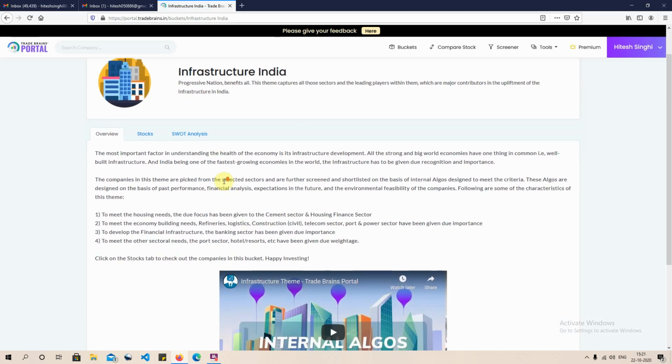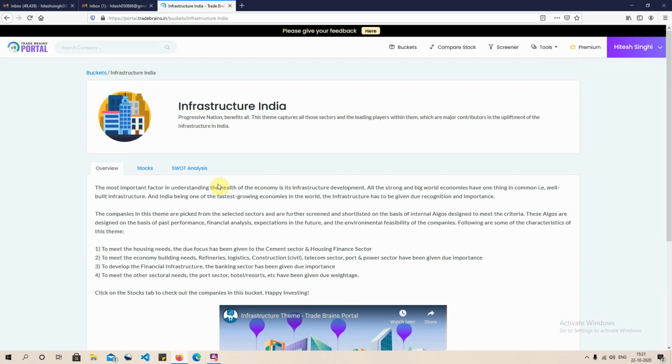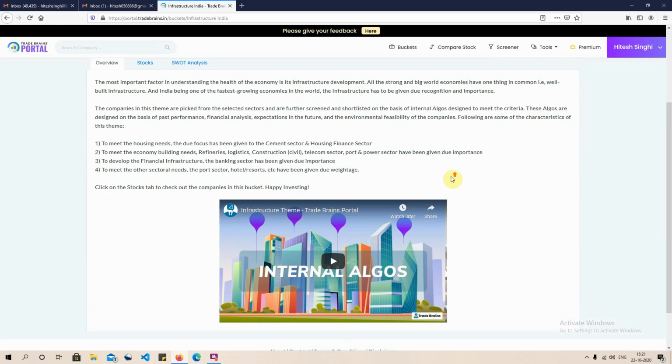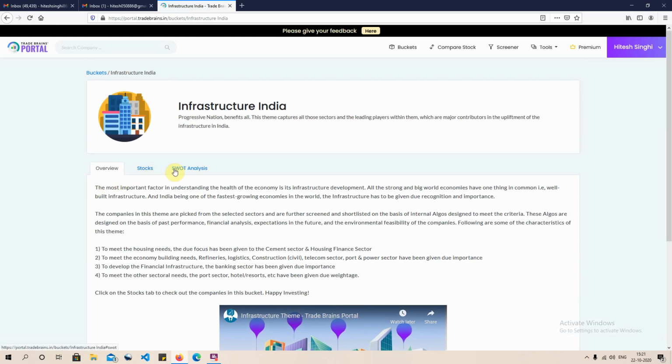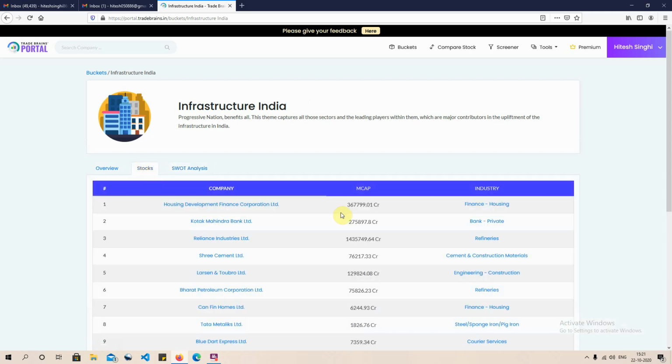you get this information. We have a brief overview about what exactly this infrastructure India is and on what basis we have selected stocks for that. Then we have a video representation for the same. Then you have the SWOT analysis done for this theme, like the strengths, weaknesses, opportunities and threats for this particular theme. And then you have a list of all the stocks which, according to us, and these stocks have been